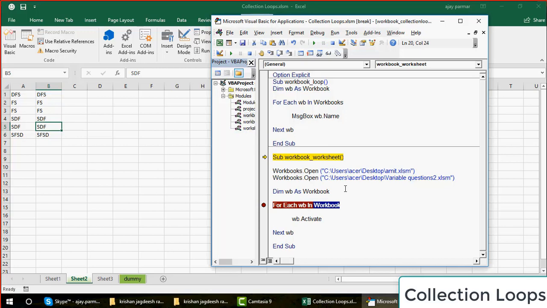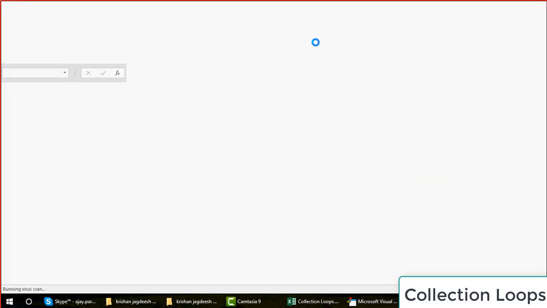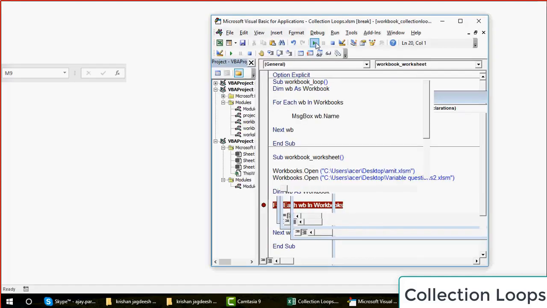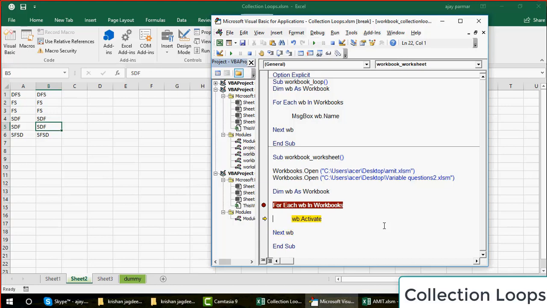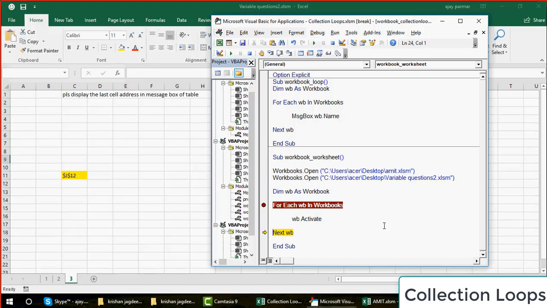Which variable did I forget? Sorry, this is Workbooks, plural. Okay, we run this. So now you have the workbook command. There we go. Now you see that collection loop is activated, Amit is activated, variable question is activated.